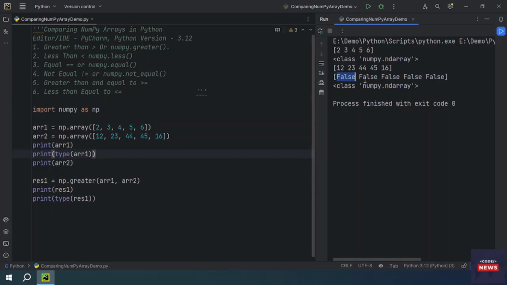It's a list of booleans, and we see false, false, false, false. Every value is false. It is checking each element one by one and returning a boolean value, true or false. So greater means we are checking whether the array 1 element is greater than the array 2 element. The condition is not satisfied, that's why each index is showing false. If you change, let's say, to 22,